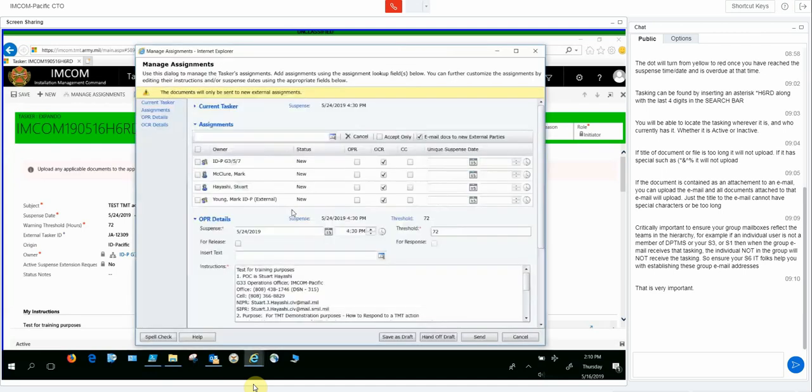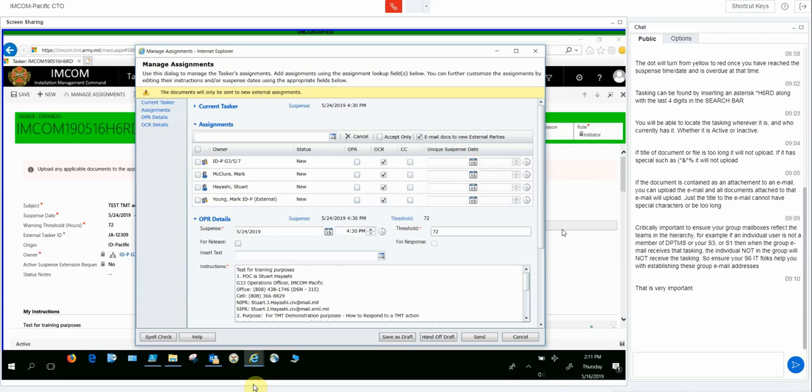the system will send two emails to Mark Young as an external user. The first is an email that notifies him that he has a TMT action as an external user. And the second email will be the actual action itself. All my instructions and 6 documents that I hung will go to Mark Young via Outlook. Mark Young would then take the action that's required as stated in the instructions that you can see right here,